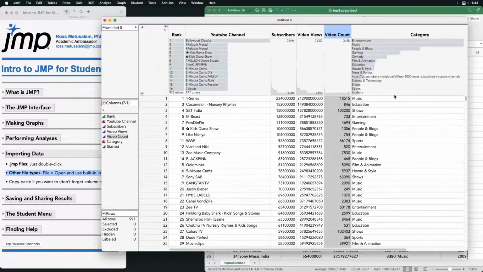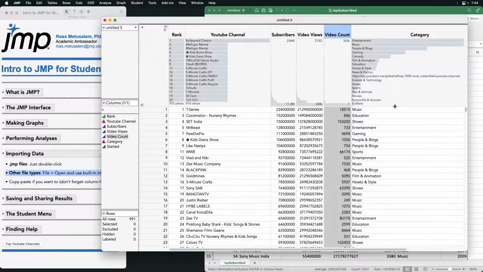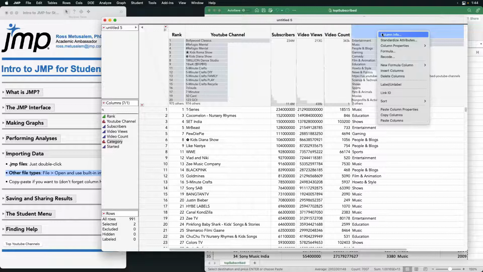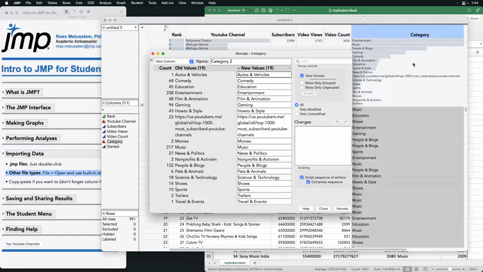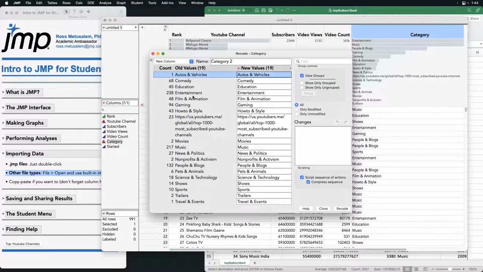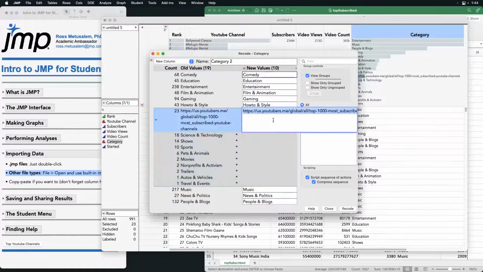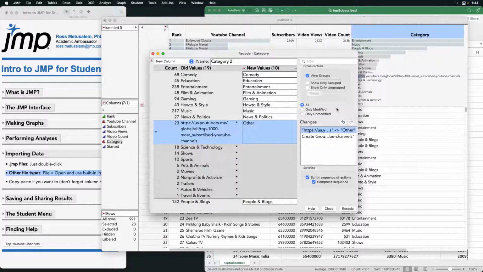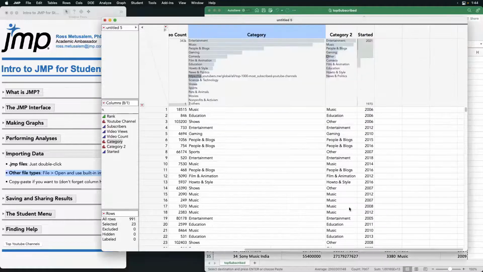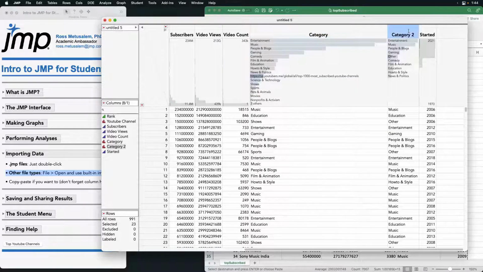Or you might notice I have a lot of different categories, more than we started with initially. For example, I have pets and animals, I have nonprofits and activism, and some of them really only have a few channels associated with them. So I might right click here and actually recode this variable. Let's take auto and vehicles and some of these other smaller categories, and let's just combine all of them together and call them other. Now I'll click recode. And now I have a cleaned up version that I've called just category 2 here, where I've collapsed a